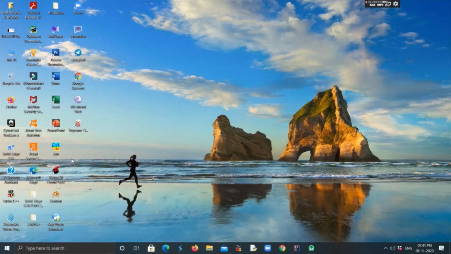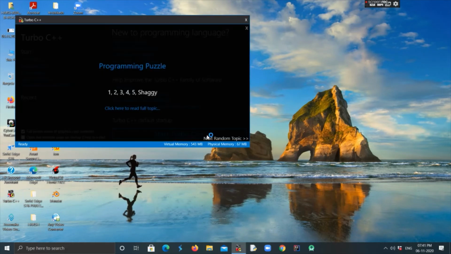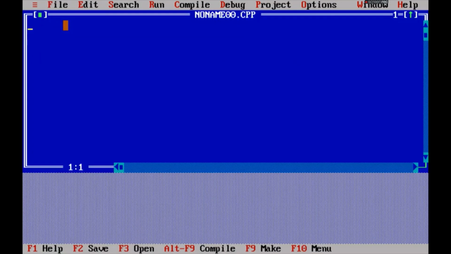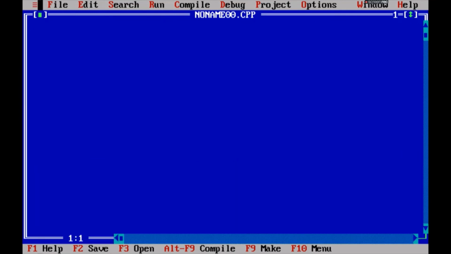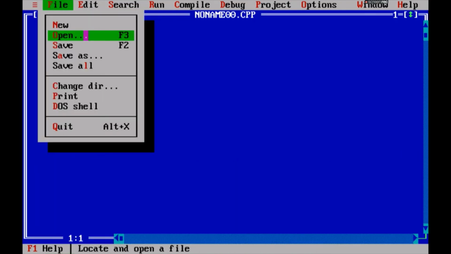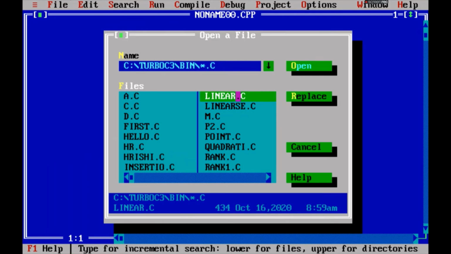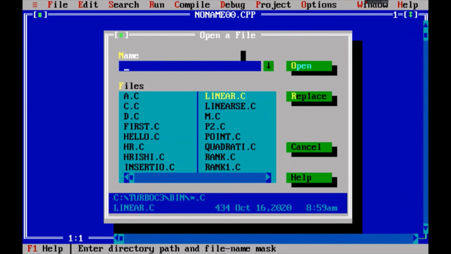Let us take the program once again. Let us open the file linear search.c.